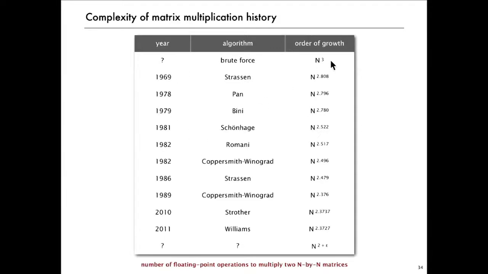In this case, running time is n cubed for the brute force algorithm, and who knows when that was discovered, I don't know, 18th century or 15th or something. But once computers got involved, Strassen's famous divide and conquer algorithm, like Karatsuba's for integer multiplication, breaks it down through divide and conquer and gets the exponent down to 2.808. And people have been working through the years to find successive